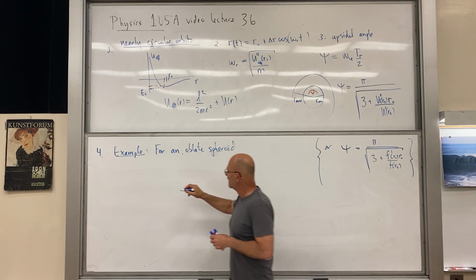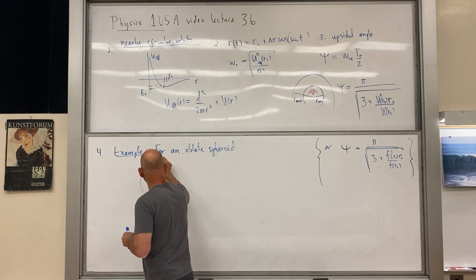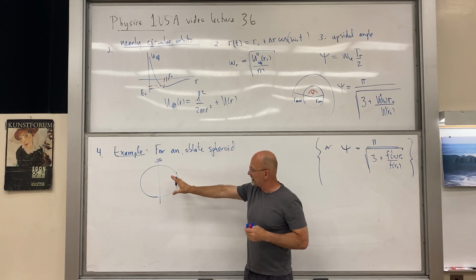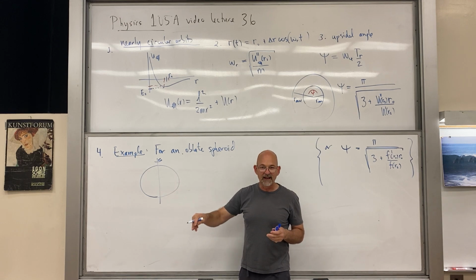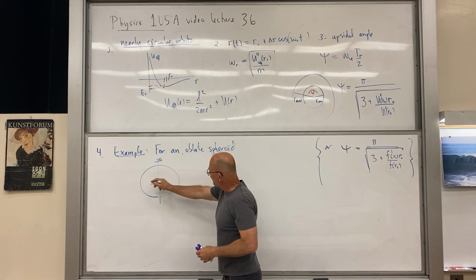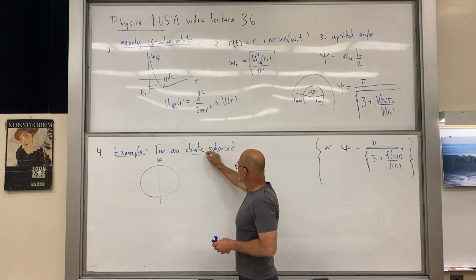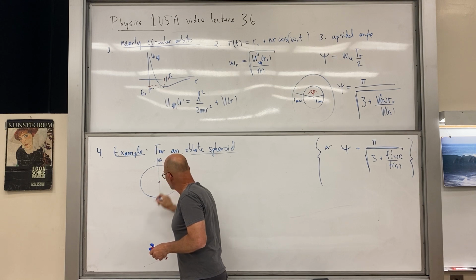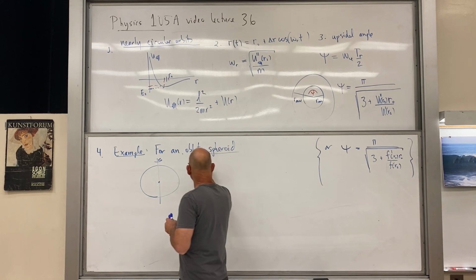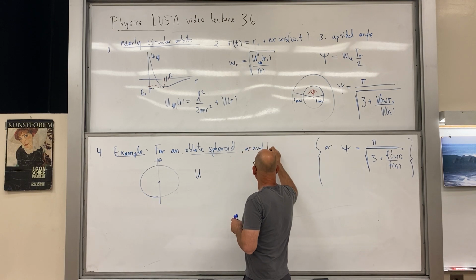An oblate spheroid, that is, I'll do it as an exaggerated form. So imagine we have something rotating about its axis and it's flattened out a bit because, say, it's a planetary object that's rotating and it's liquid in nature, okay? So it's actually bulging out here at the equator. So for such an object, oblate spheroid, here's its center, the potential is no longer strictly 1 over r. For an oblate spheroid, I'll even write here around the equator,